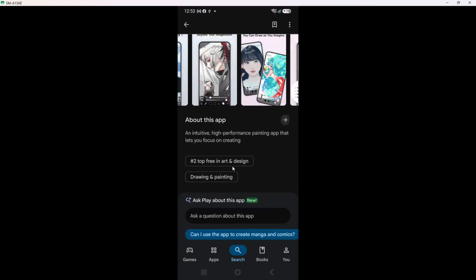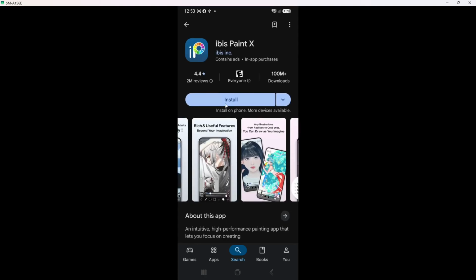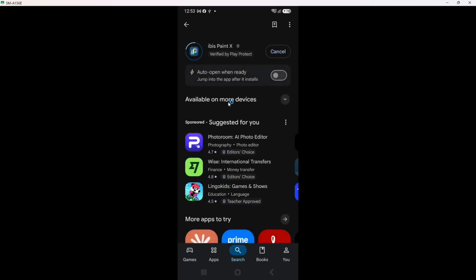Next, tap Install to begin the download process. This button is usually green and located on the app's page. Once you tap it, the download will start, and you will see a progress bar indicating how much of the app has been downloaded. This step is crucial because it initiates the installation of the app you intend to use